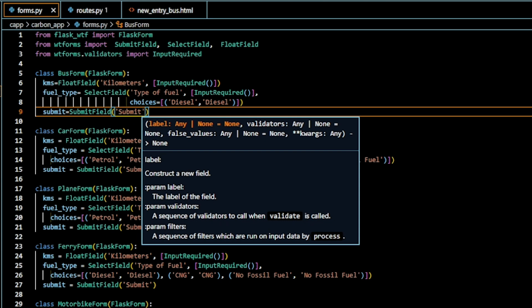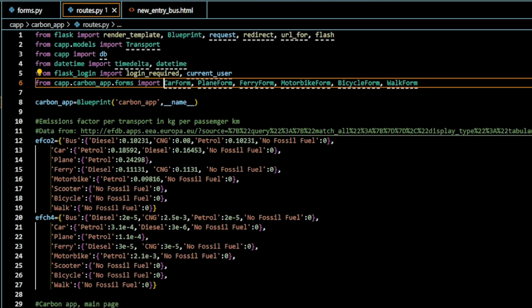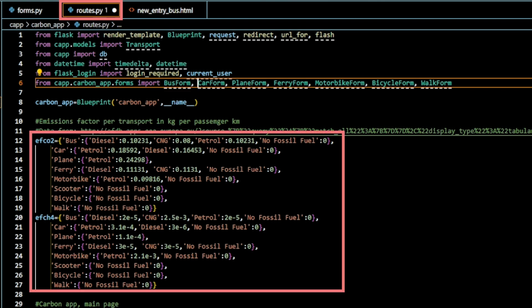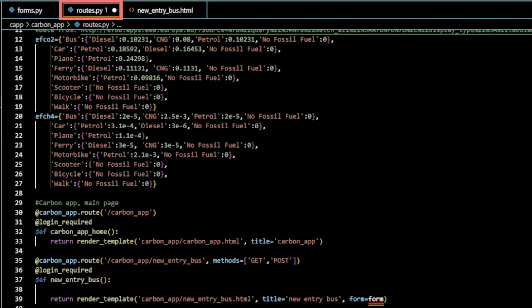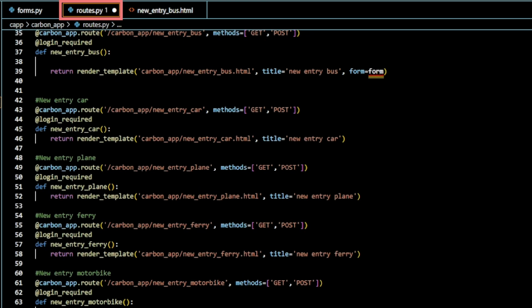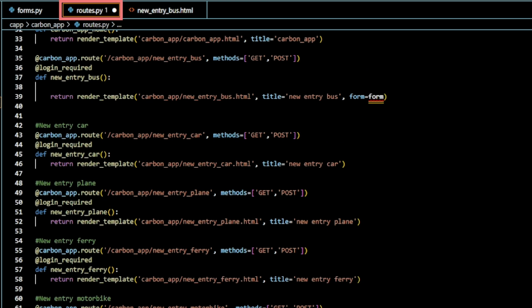We save this information. Now we have to go to the routes. The first thing that we have to do is import this form that we have created right now. The second thing that we have to do is create the dictionary with the type of transport and the type of fuel. I have it here,